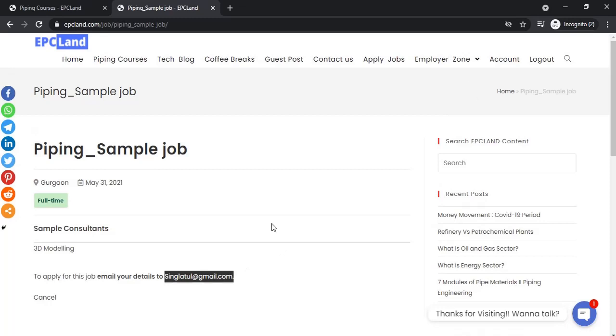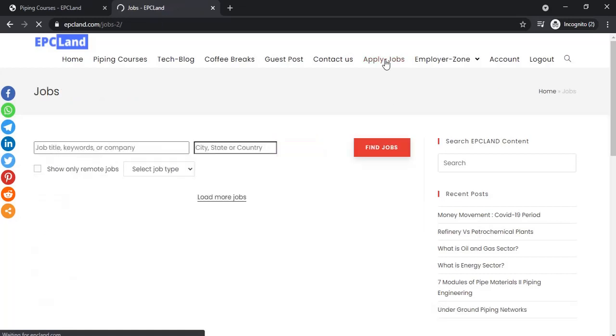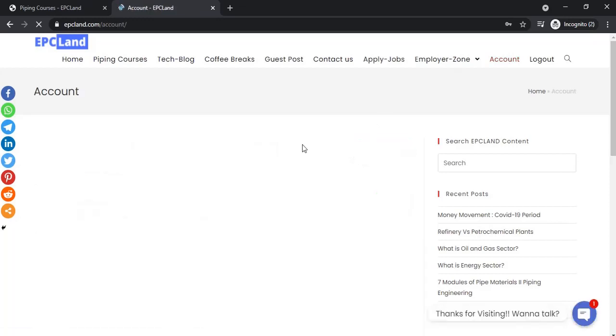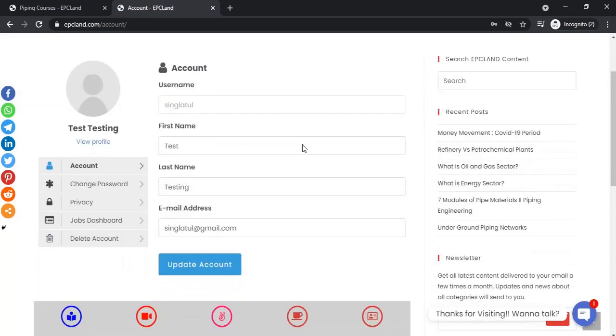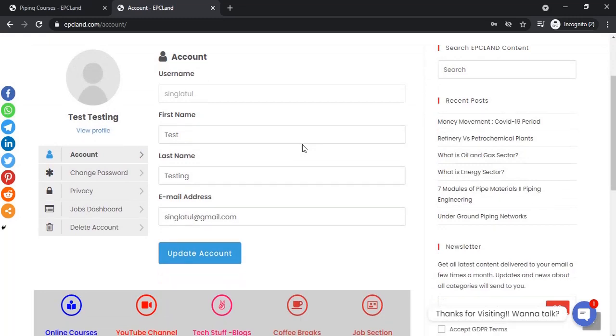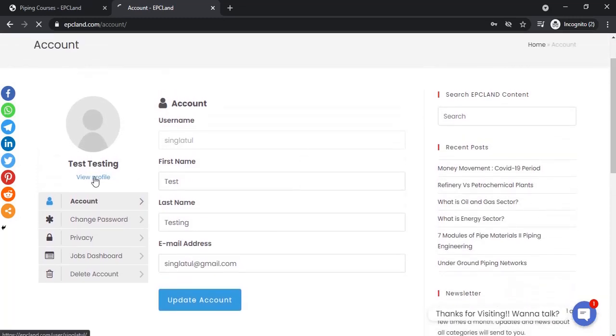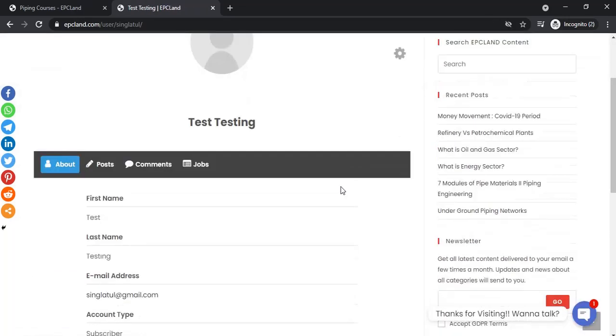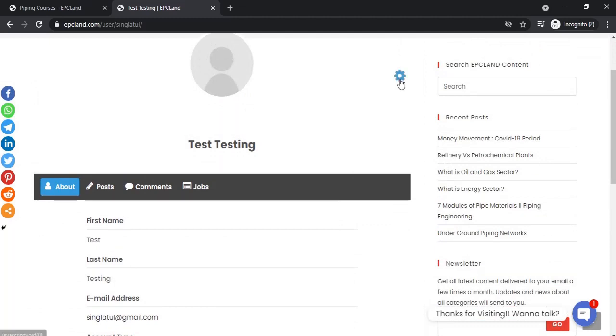Otherwise, if a job applicant has created their profile, then they can directly apply with their profile along with the CV. So I would really recommend, if you can create your profile, this will be really better. If you go into the account section, you can create your profile and fill in your details, so that the recruiter can see whatever information you want to share with them along with your CV. Just view profile and you can create. Okay, I just showed you, these are the basic details which are already available.